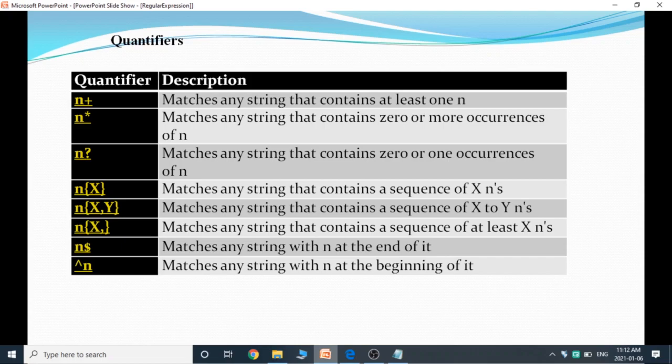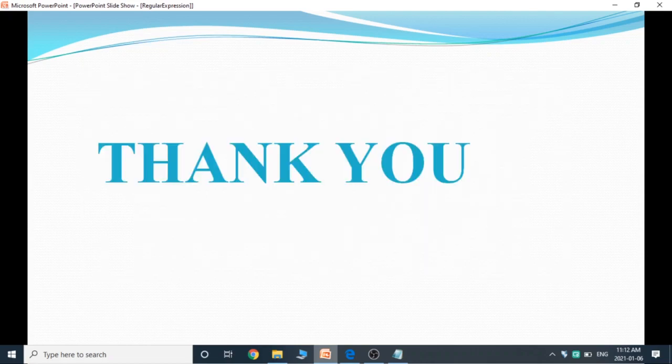If you want to find a string with n at the end, we use n dollar. For any string with n at the beginning, we use caret n. This is about quantifiers. Hope you all understand. Thank you.